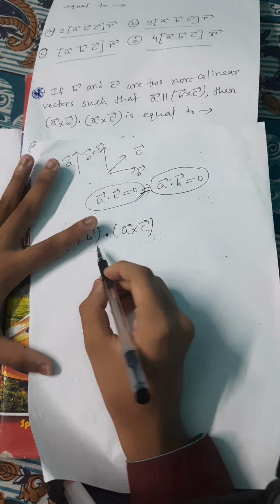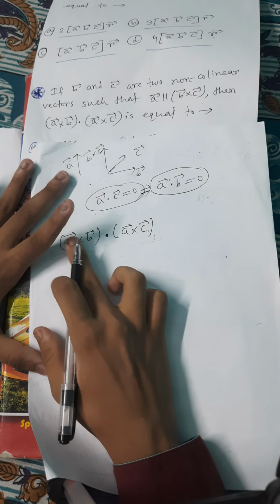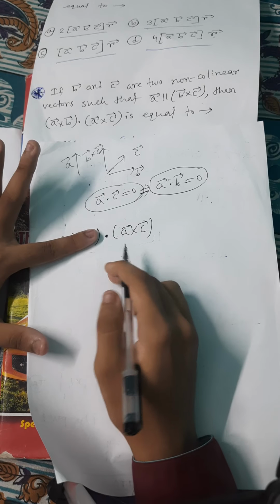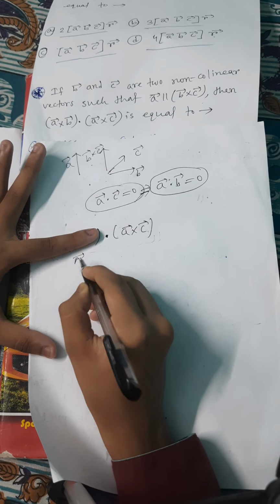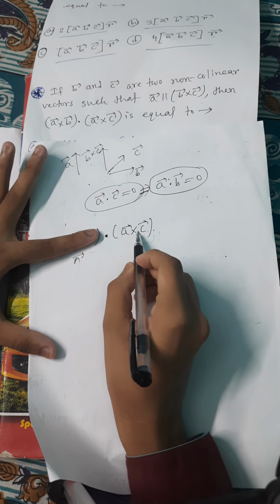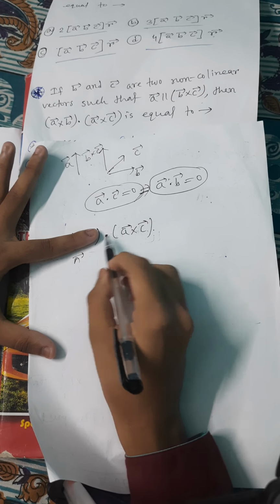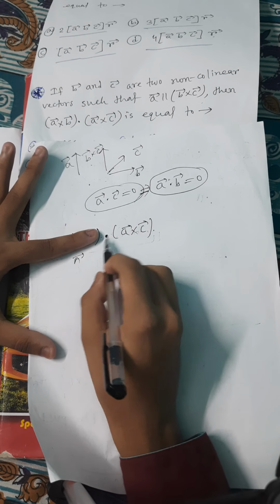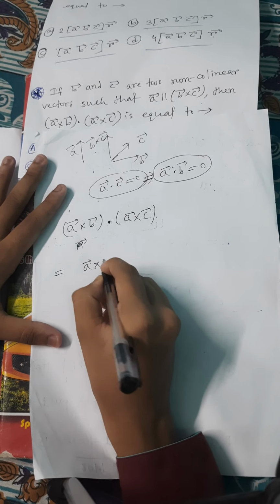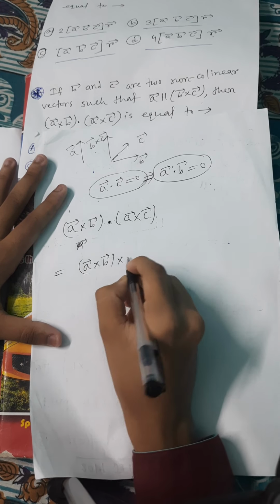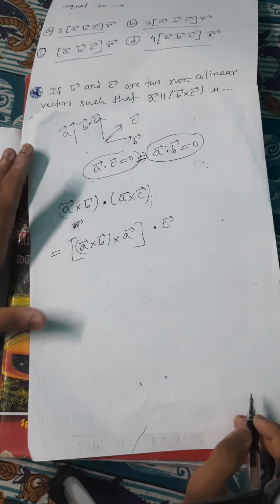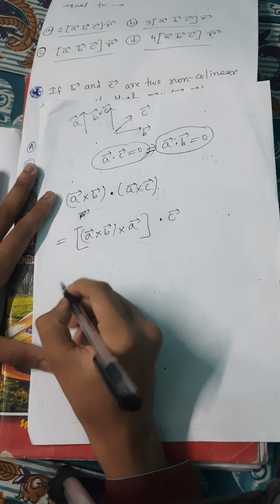Now I say this is a vector, you can assume it as a vector, a capital A vector, okay. A dot b cross c, that formula, okay. So you can take scalar triple product, so you can interchange the order of cross and dot, okay. So you can write it as A cross B cross A dot C. See, are you getting my point? Okay.